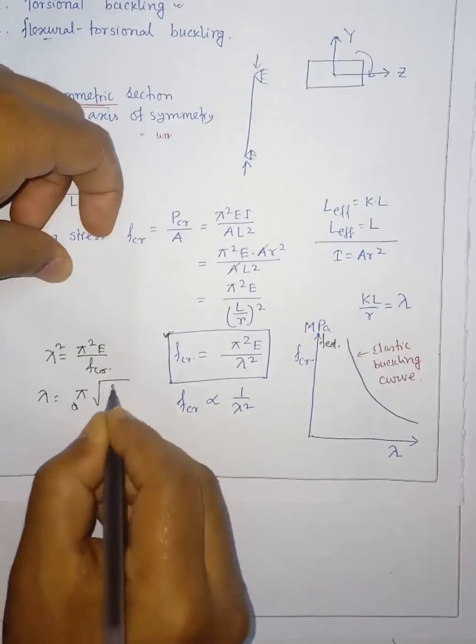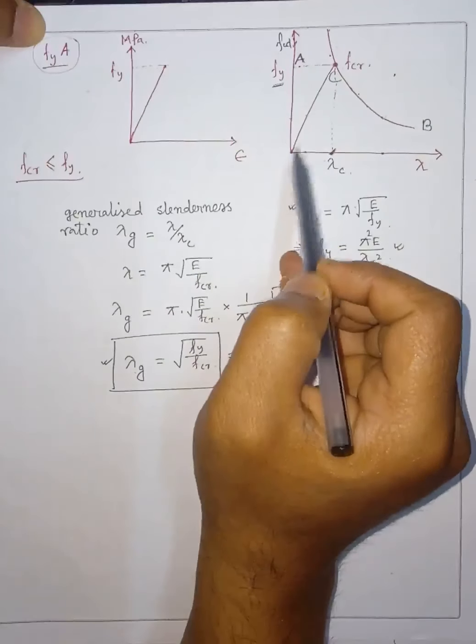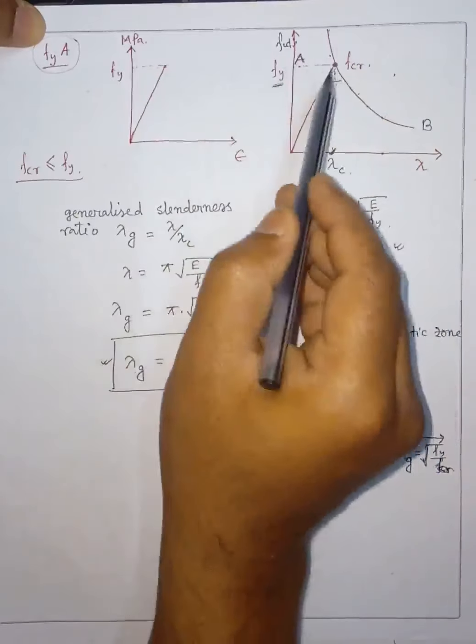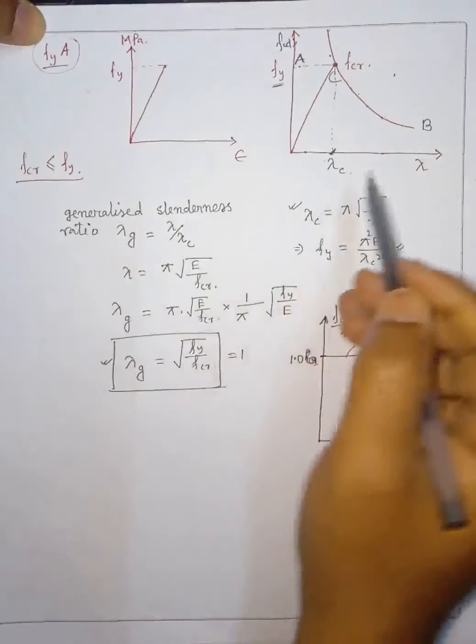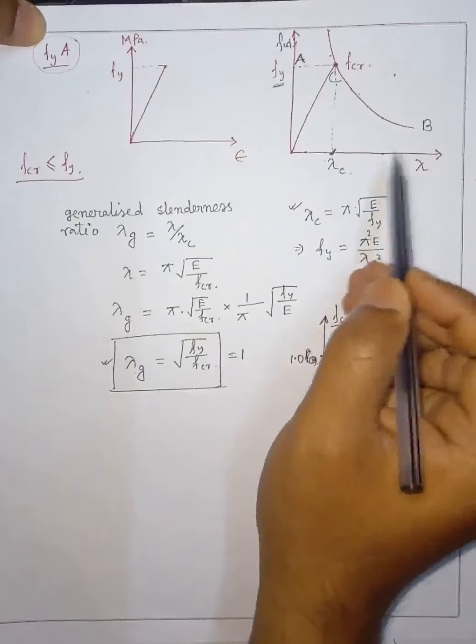Now on the next page I was saying, if the material fails by yielding, then the maximum stress will be this Fy. If I merge these two curves, we get this part and this part. This is for geometric failure and this is for material failure. On this curve this stress will intersect at some point. From this curve we can understand that this axis is representing the slenderness ratio.